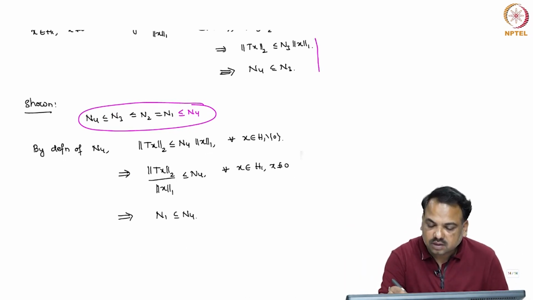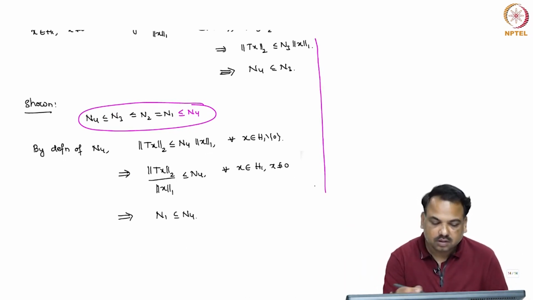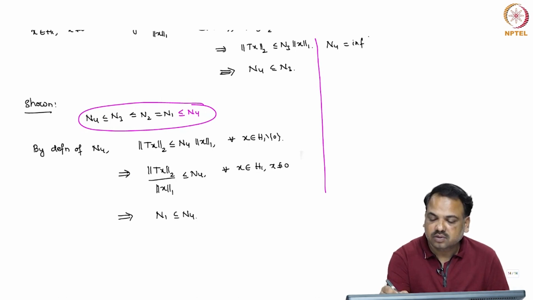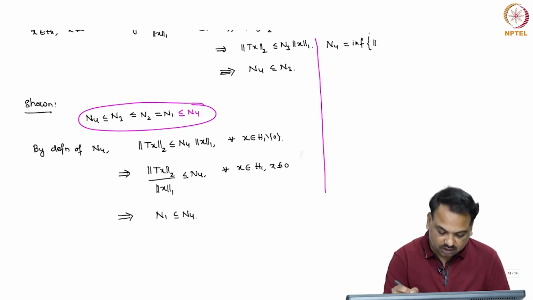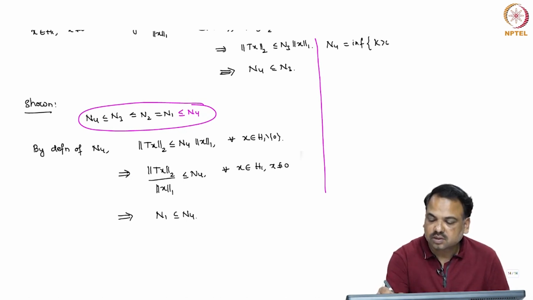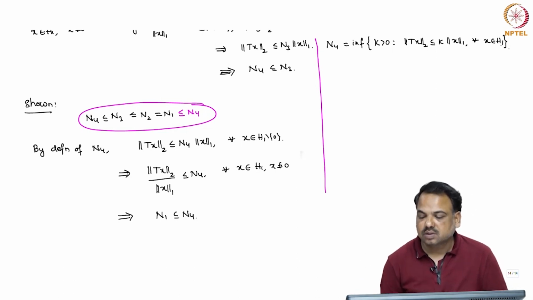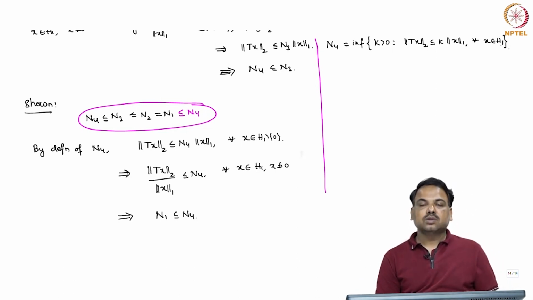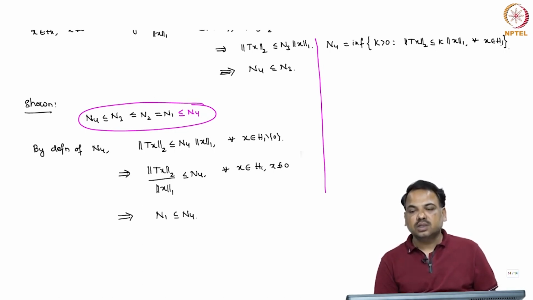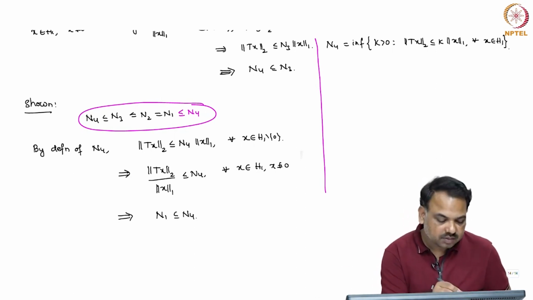So this says that n4 is nothing but the infimum of k bigger than 0 such that norm Tx is less than or equal to k times norm x. So first of all, we should find out a positive quantity k such that norm Tx is less than or equal to k times norm x. So it is a simple observation,